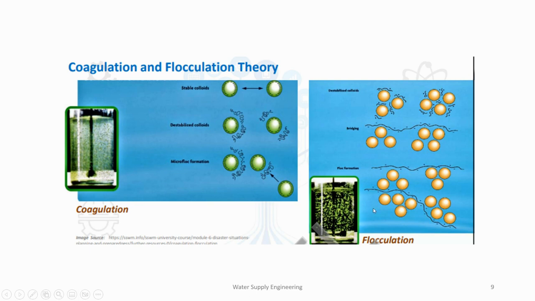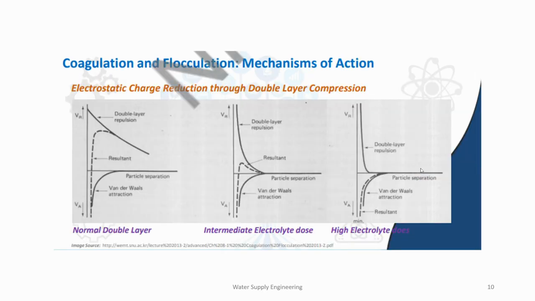Whereas in the case of flocculation, the destabilized colloids from the coagulation stage start bridging to form larger sized flocs. Initially, they will form microflocs and then several microflocs join together, forming larger flocs heavy enough to settle under gravity. Now, coagulation and flocculation has several mechanisms of action. So, the first one is